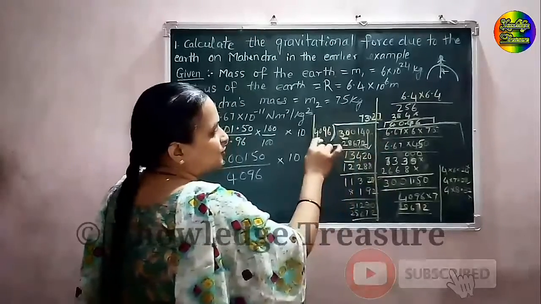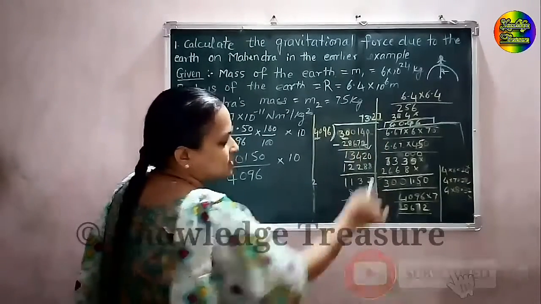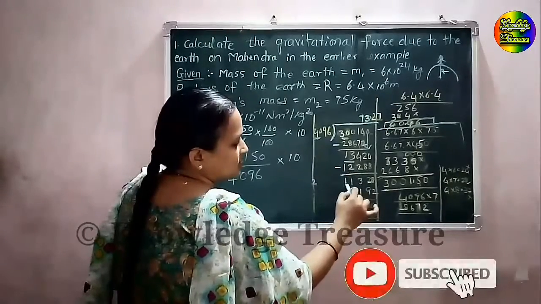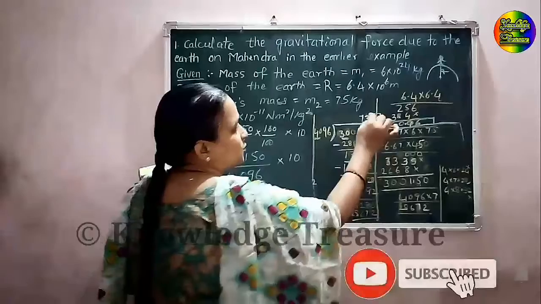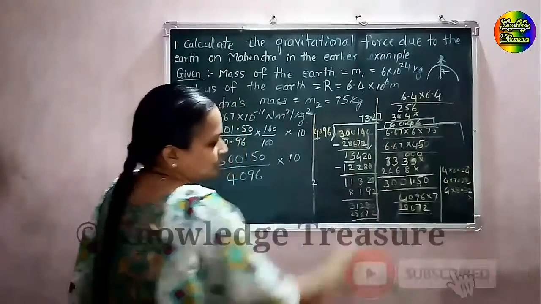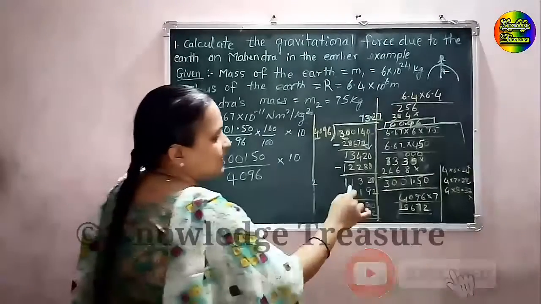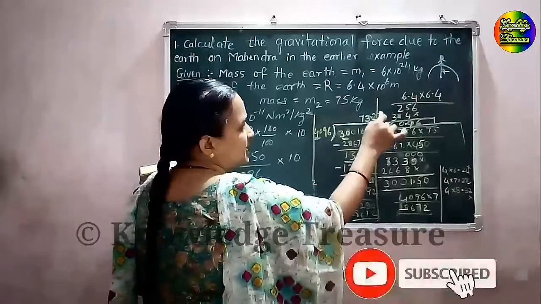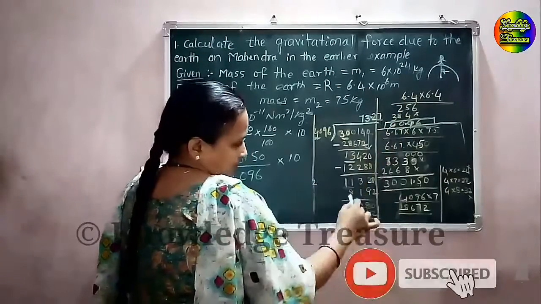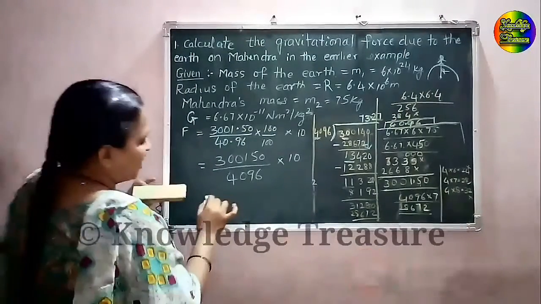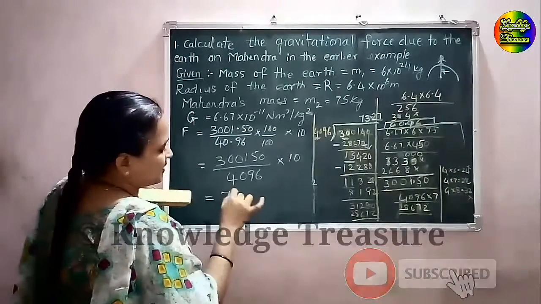3 into 4096, it will give this much. Again minus, you are getting 1,132. Now put the decimal point, so you are getting 11,320. Again it will take these two numbers and this one, you are getting 2, and like this you are getting answers. So what you are getting, actually the answer is